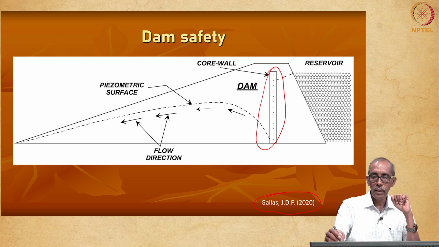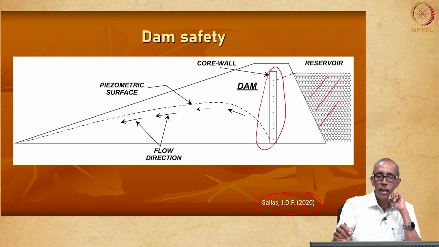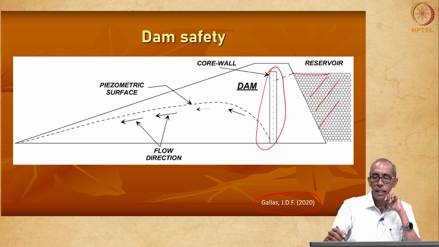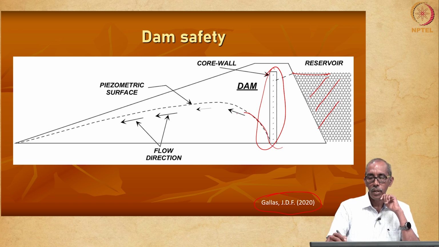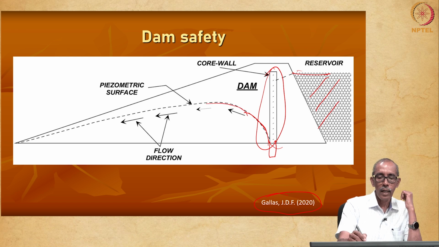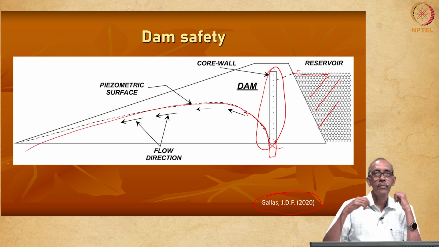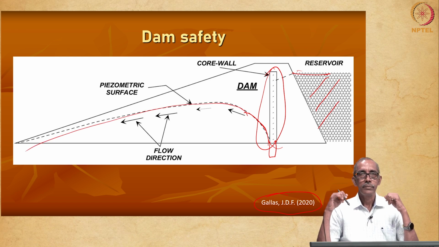So, this is the side of the reservoir where water is stored, and since water is at higher head, right, there is a core wall. Water will try to rise here from below the core wall, right. Let us imagine this is the foundation of the core wall, and since the head is much higher, on this side water will try to rise and try to flow towards the downside of the slope of the dam, right,